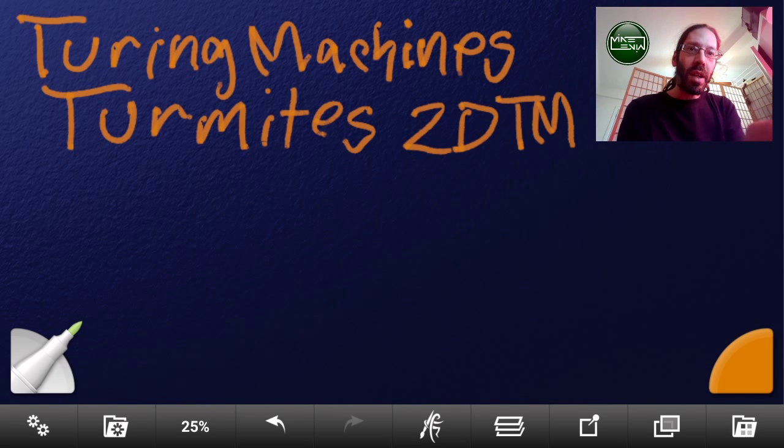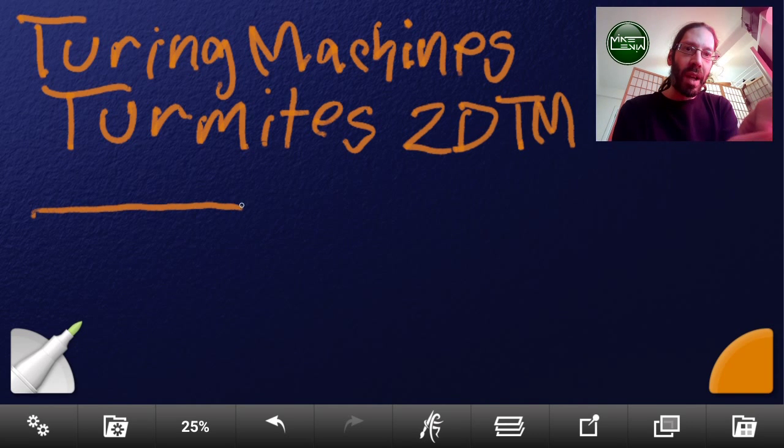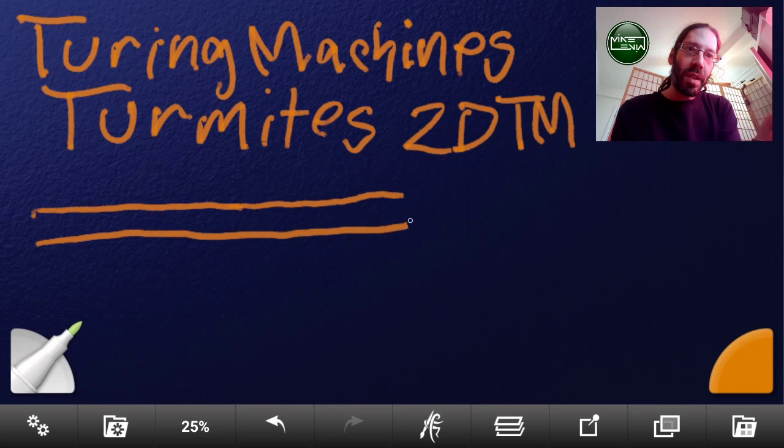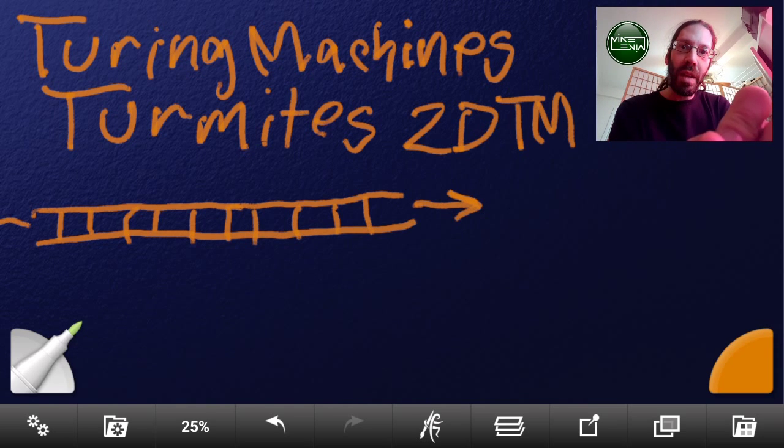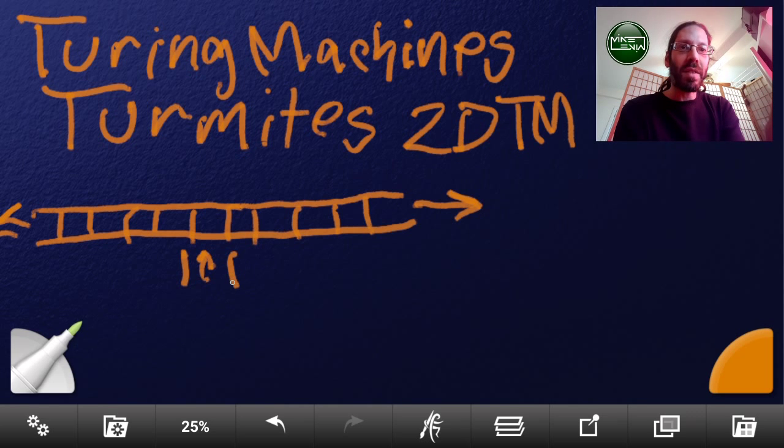A Turing machine is a theoretical computing machine conceived of by Alan Turing, although there have been some reports of similar things talked about earlier. But basically, you've got a tape, and that tape is full of cells that can scroll left and right infinitely. It's an infinitely long tape. And then on a single cell, there is something called a read-write head, which has the ability to look at and scan the contents of that cell, to take it in and process it,